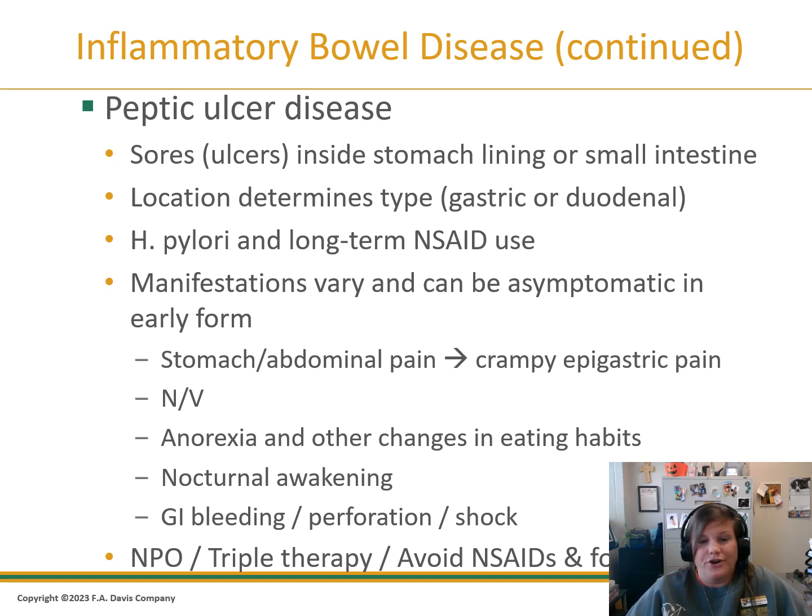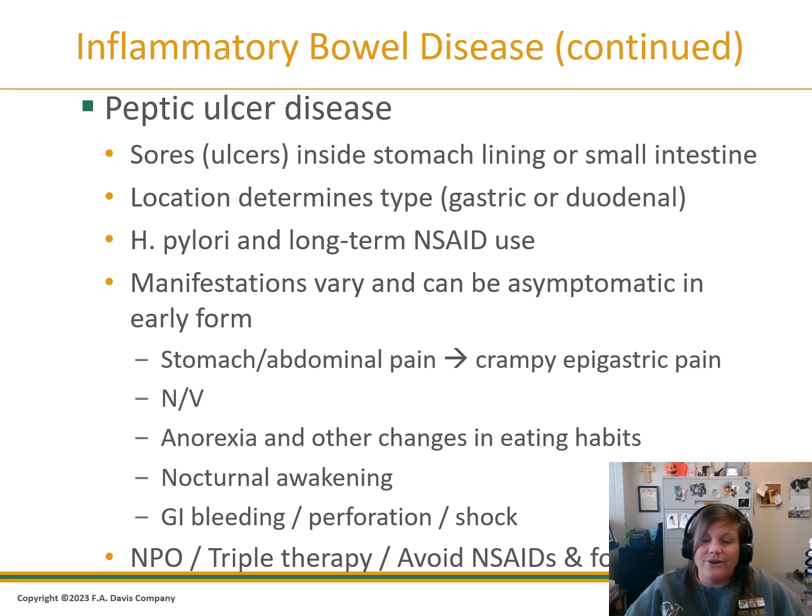asymptomatic early on or initially. But what typically is going to develop is they're going to experience abdominal pain. They're going to have what they describe as a cramping pain, and they're typically also going to exhibit nausea and vomiting. Changes in their eating pattern where they're maybe not wanting to eat. This kind of pain can actually keep them awake at night or make them wake up during the night. And if severe enough, it can result in bleeds in the GI tract, perforation even, and ultimately a complication would be